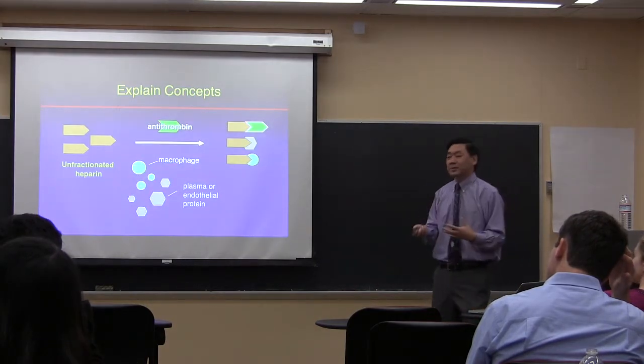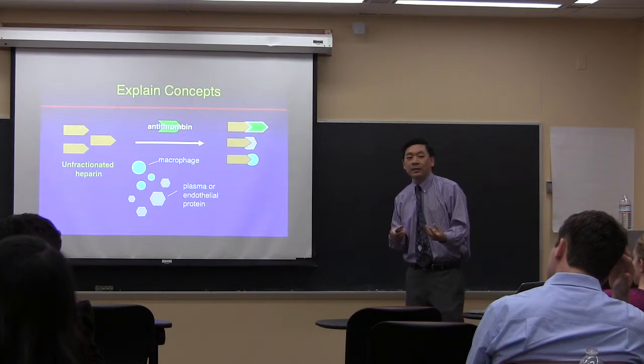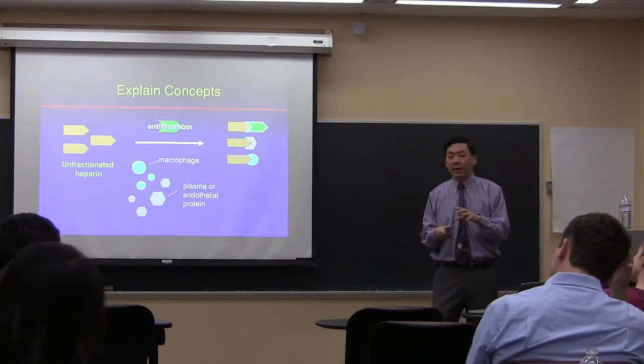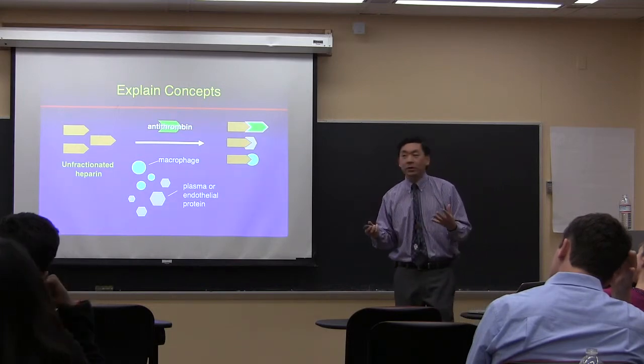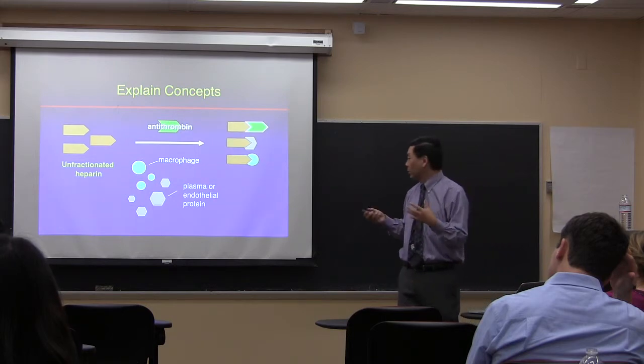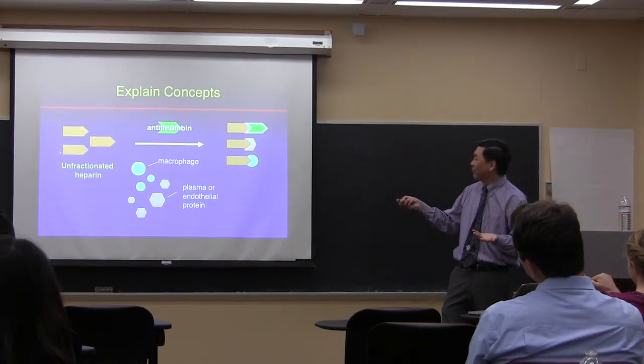It was a complicated concept, in the same anticoagulation talk. I wanted to somehow explain the fact that heparin, the molecule heparin, not only binds to its target, antithrombin, but it binds to a lot of bystander proteins as well, found in macrophages, endothelial, platelet proteins, whatever. So a very easy homemade drawing showing unfractionated heparin